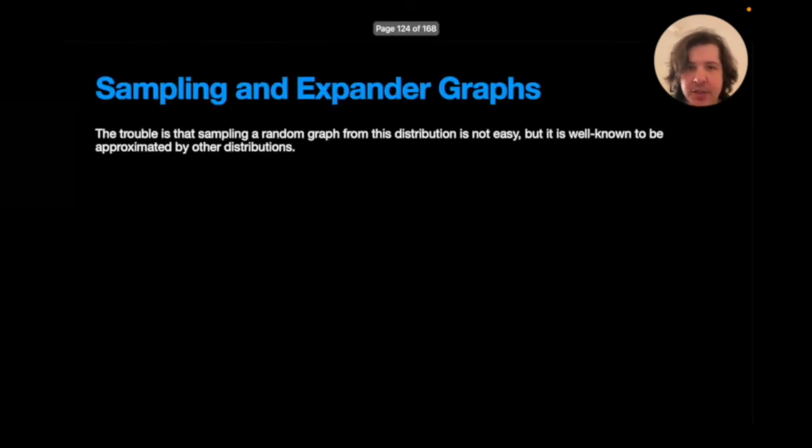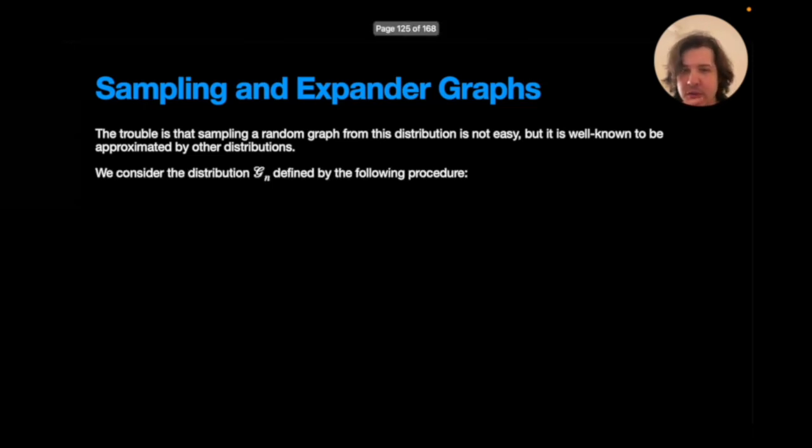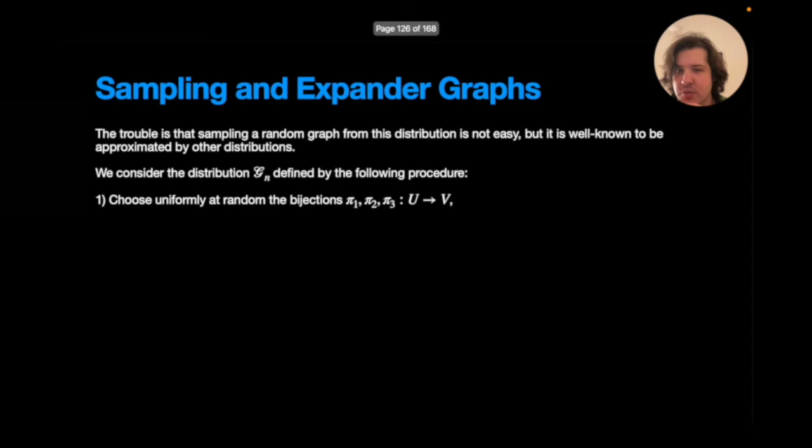Okay, and so let's talk about sampling and expander graphs. So the trouble is that sampling a random graph from the uniform distribution for 3-regular bipartite graphs is not exactly easy, but it is well known to be approximated by other distributions. And so what we consider is this distribution, curly G_n, defined by the following procedure. So this is how we pull a graph from this distribution. Firstly, we choose uniformly at random the bijections pi_1, pi_2, pi_3, right? And U and V are supposed to be the two